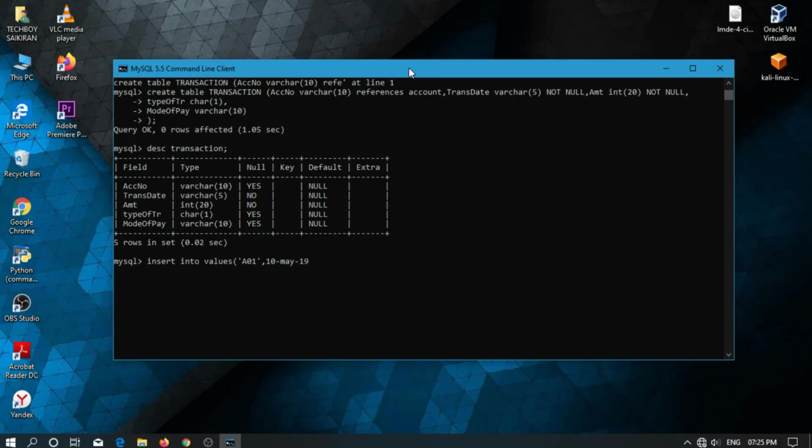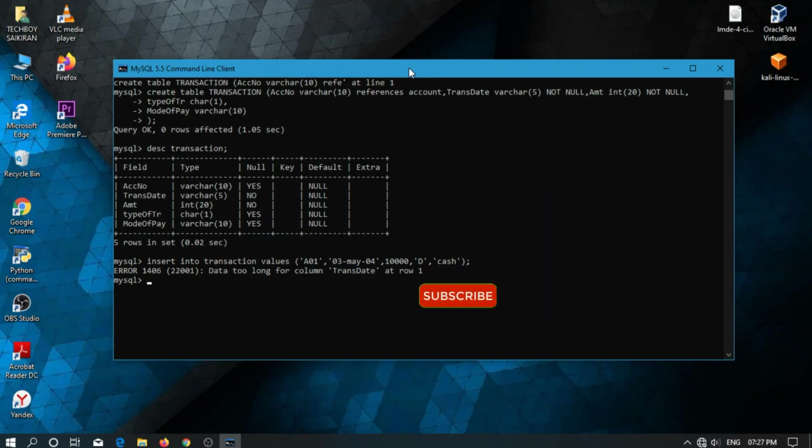Okay, let me keep it as 19. I think there may be an error here. Let's see what happens. Put a comma and amount, AMT, that is amount, as 10,000, and D indicates the type of transaction, that is debited. Now mode of payment as cash.